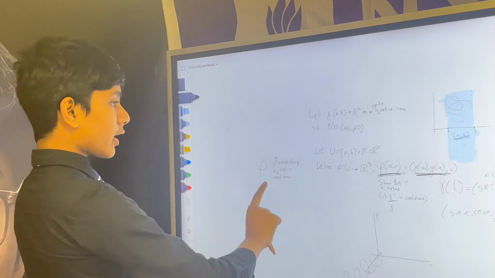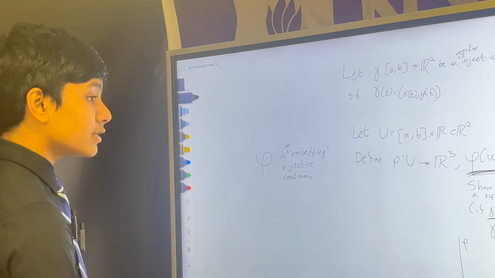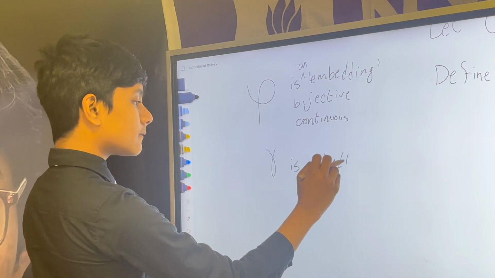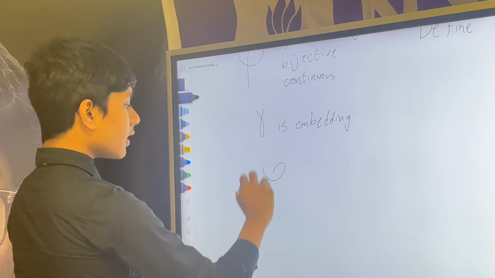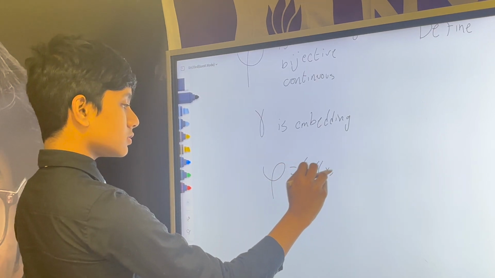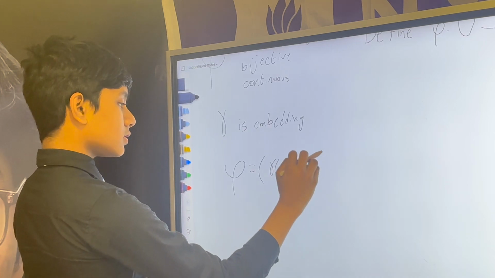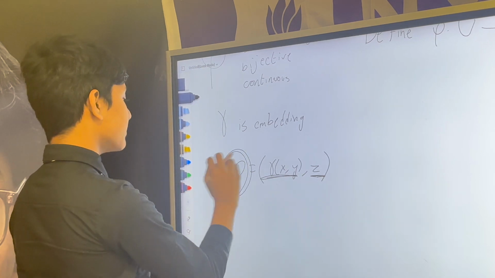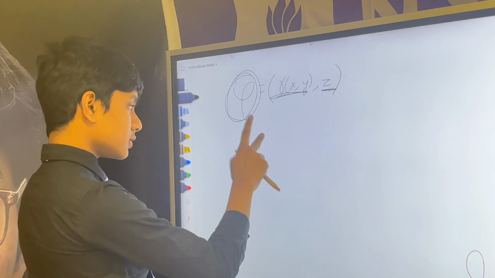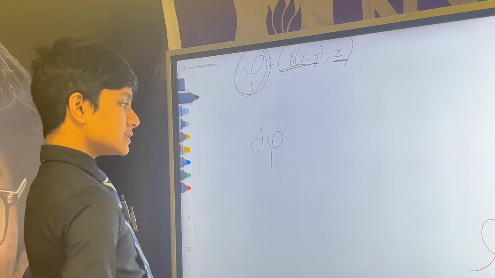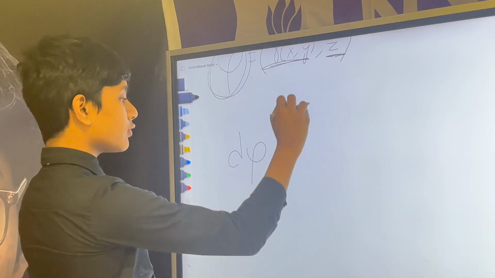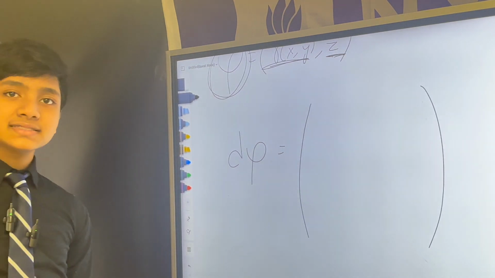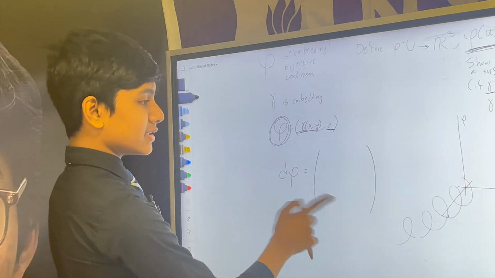All right. So now we know that gamma is an embedding. Phi is just gamma of x, y comma z. This is an embedding, that makes this an embedding. Second thing we need to show is that the differential of phi, the differential matrix, has rank 2. So what that essentially says is that our directional derivatives at each point,